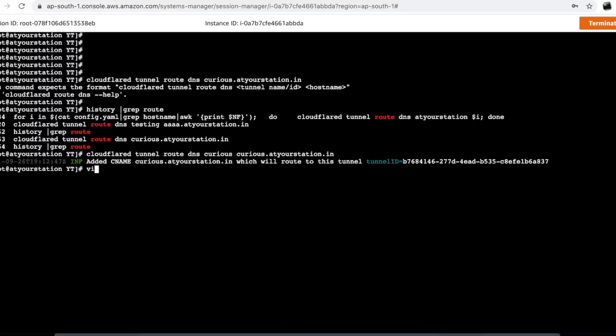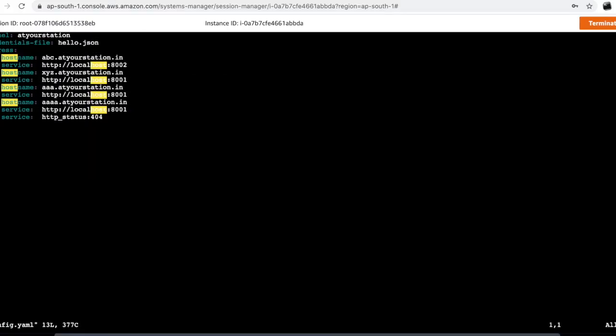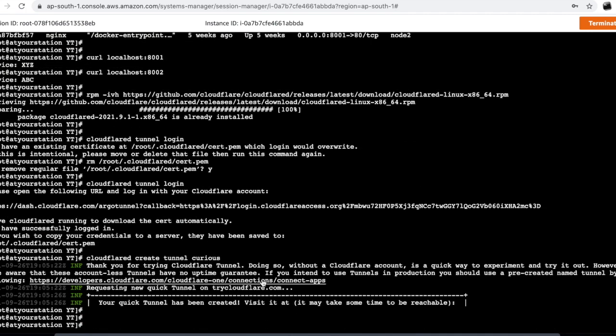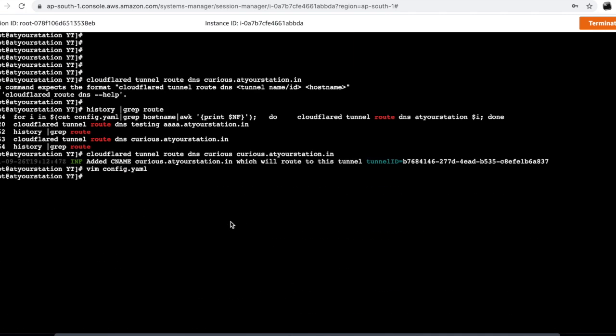Now in my config.yaml I need to specify it. First of all, I need to specify my tunnel file, the secret file, or else I can bring it here.